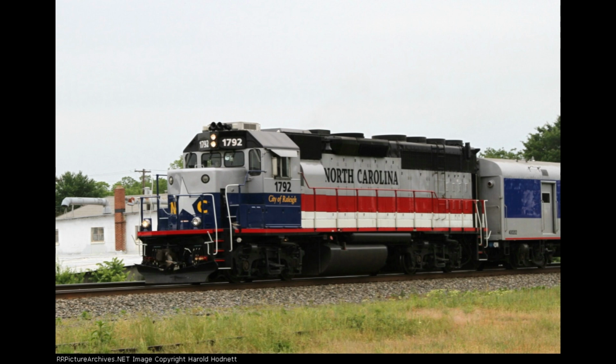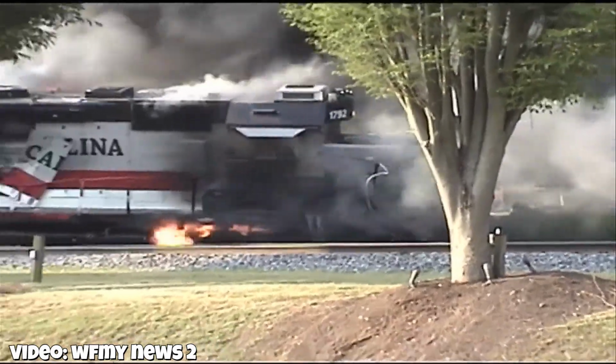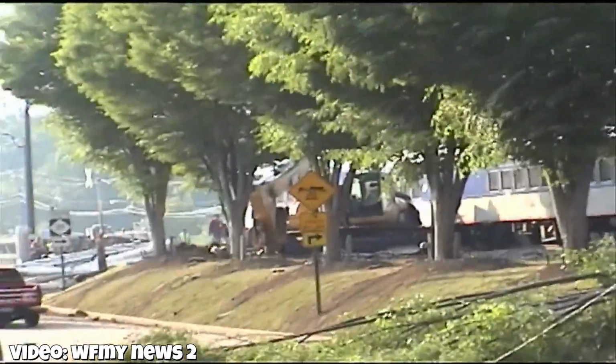However, on May 13th, 2010, 1792 would be heading for Charlotte after making the turnaround at Raleigh, but they wouldn't even make it past Greensboro, as in Mebane a lowboy trailer carrying an excavator would get stuck on the grade crossing in Mebane, and despite the roaring horn and the bell from 1792, it would slam into the trailer, causing it to derail off the tracks and the hook of the excavator hitting